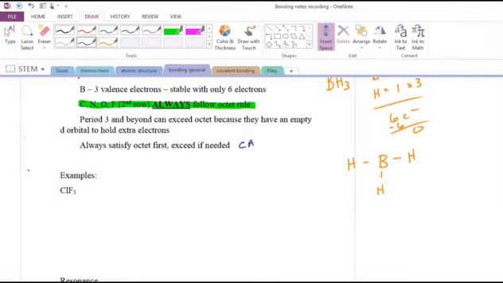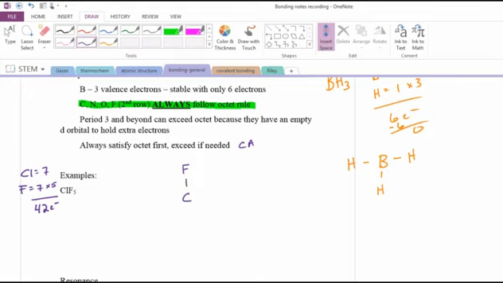Chlorine, 7 electrons. Fluorine, 7 electrons, but we've got 5 of them. So overall we have 6 things that have 7 electrons. We've got 42 electrons to work with. So we put chlorine in the middle,